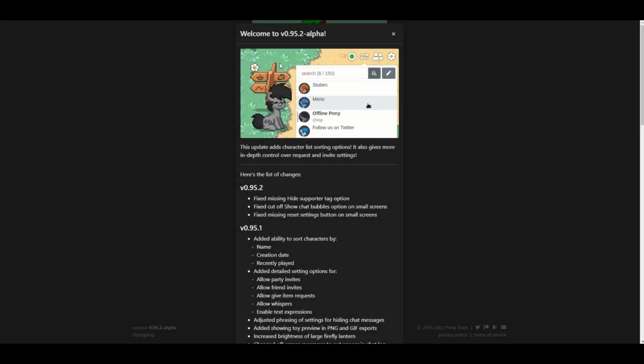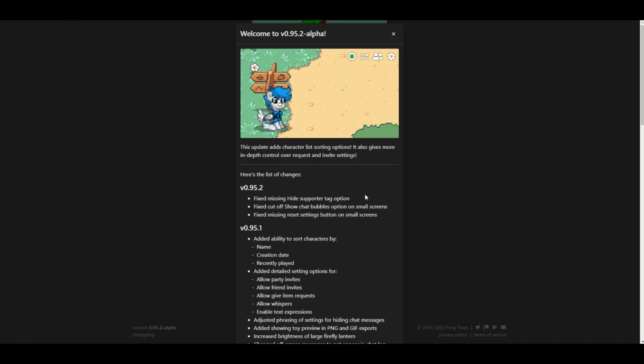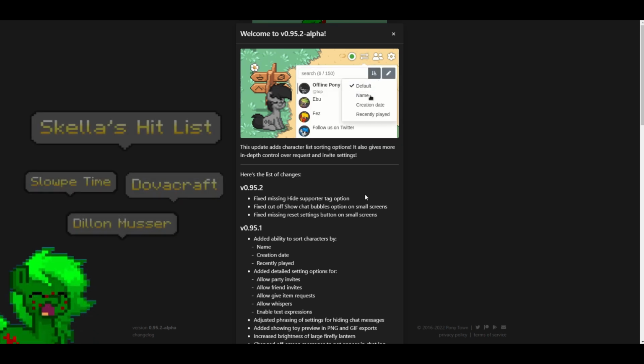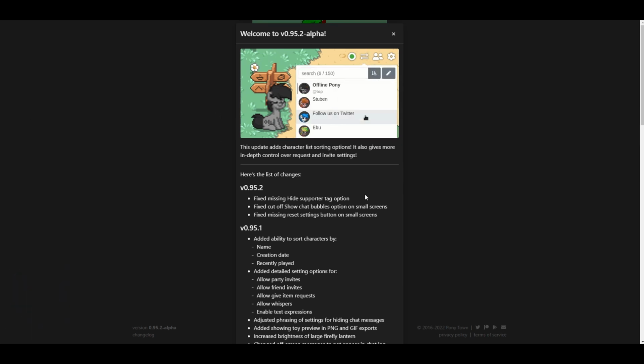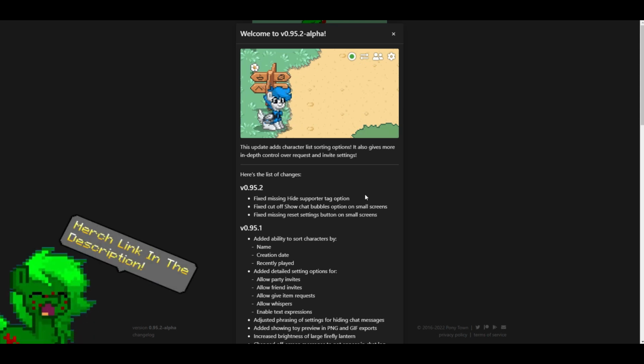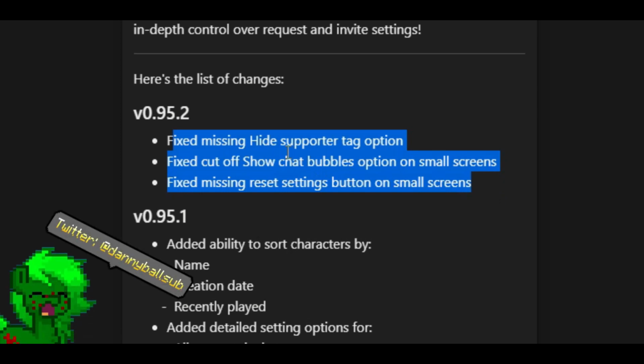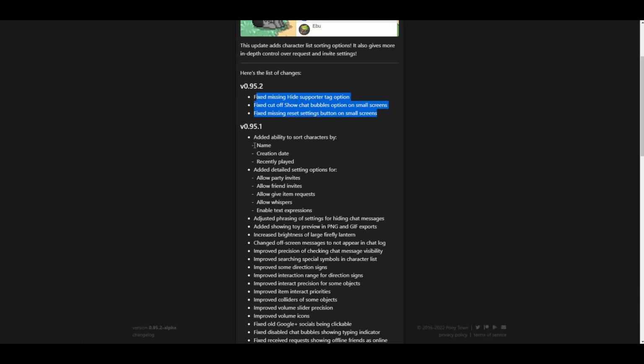Today we have version 0.95.2. Now I'm going to do something a little bit different about this update, because I didn't originally want to make a video about it, since it's kind of a small update if we're really being honest with ourselves. There's not really a whole lot going on. Obviously we have these fixes here, and that's what's in 95.2, but really what we're talking about is